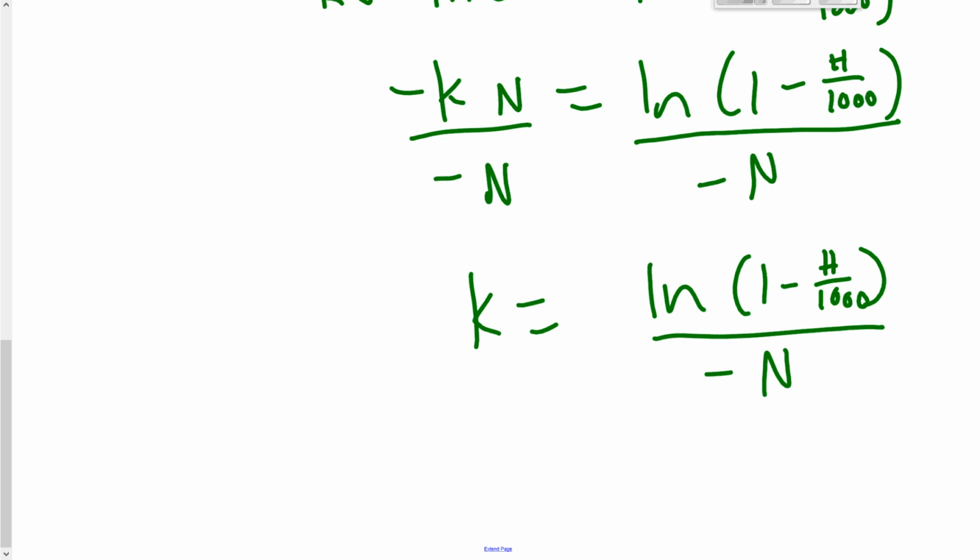Now we can go ahead and find that constant if we want to. Right, we can plug in an h, how strong we want our habit to be, and then n, how many times we want to do repetitions, right? And we can find that constant of the variation. Based on what n and h is, k is going to change, right? So if you only want to do one repetition, and you want your strength to be,